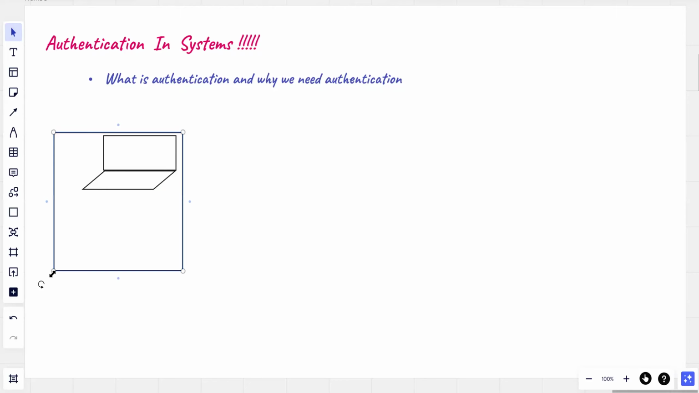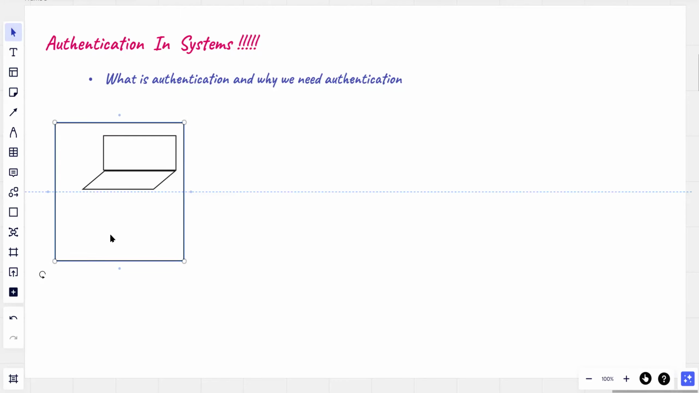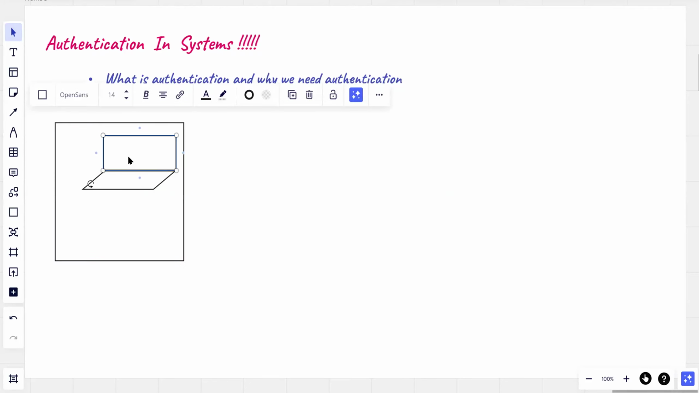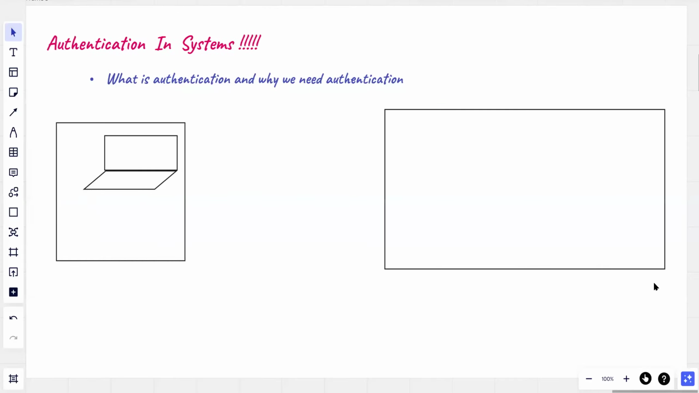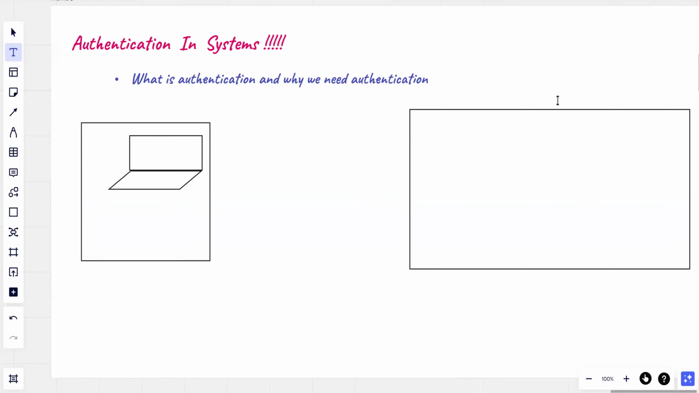And if you want to sign into this computer, sign in is the right word, you'll enter the username and password. Boom, you'll enter into this. Okay, perfect. Let's assume this is a data center. In the data center,